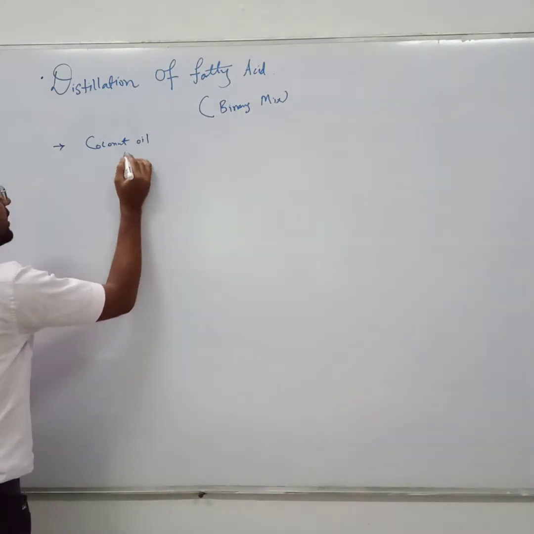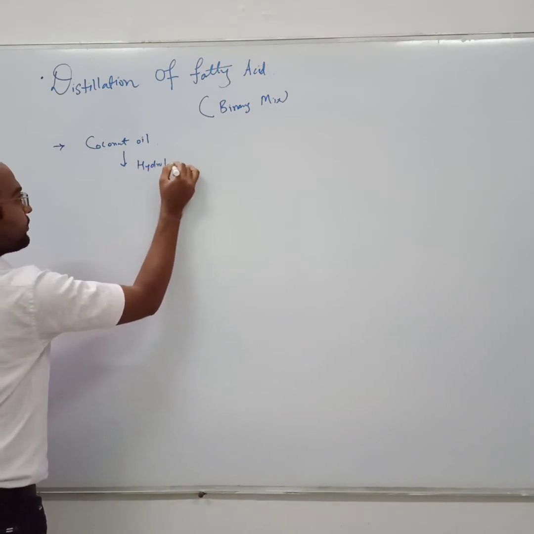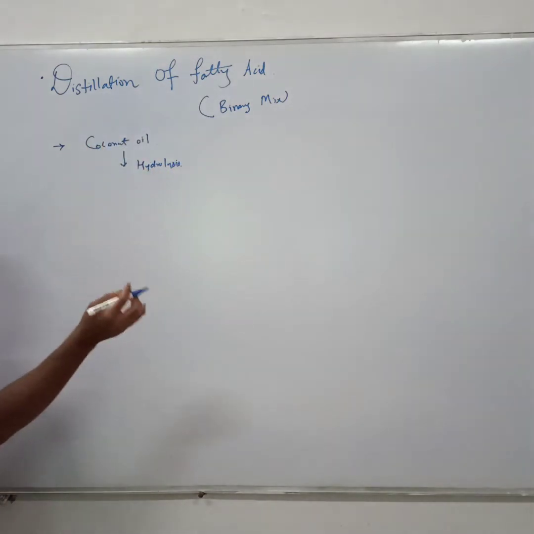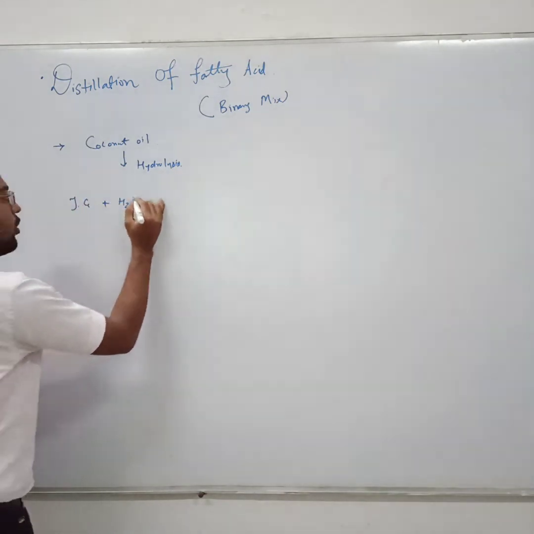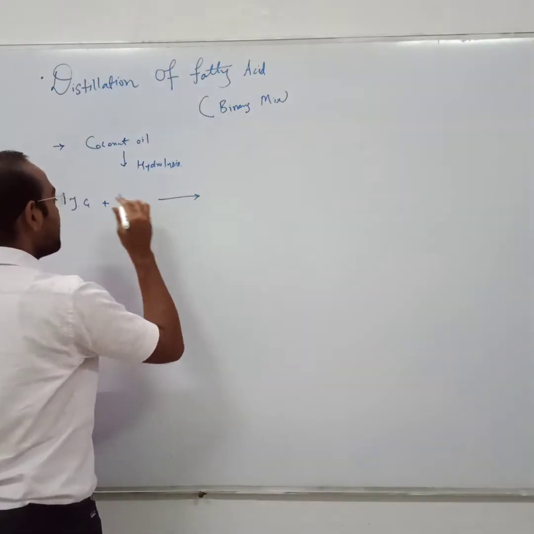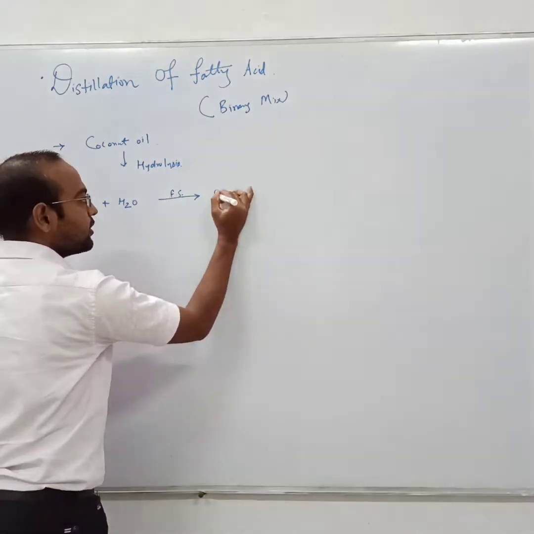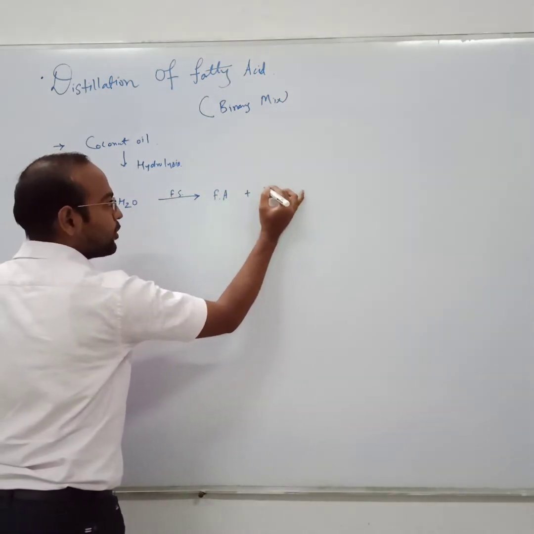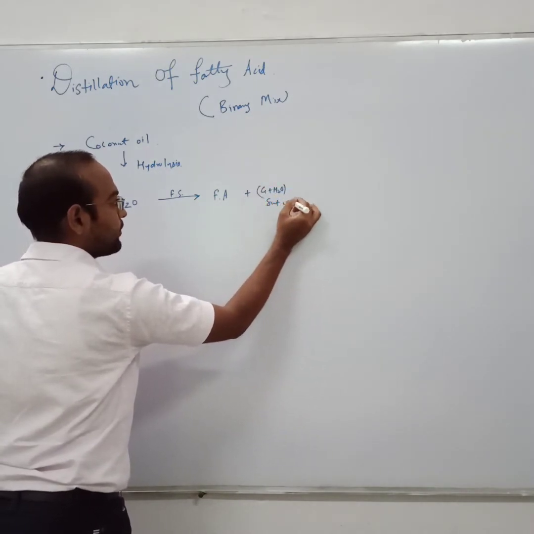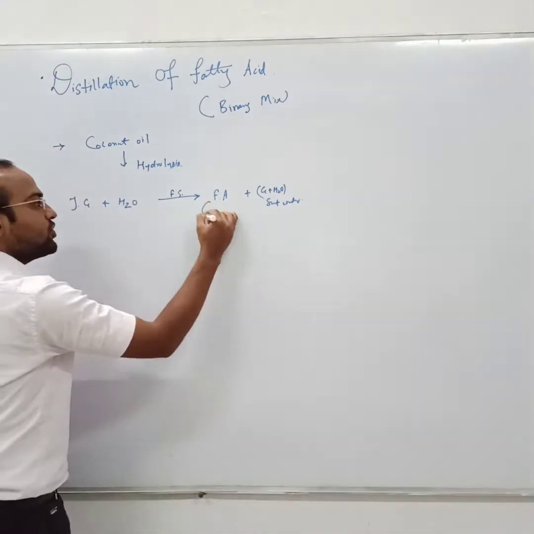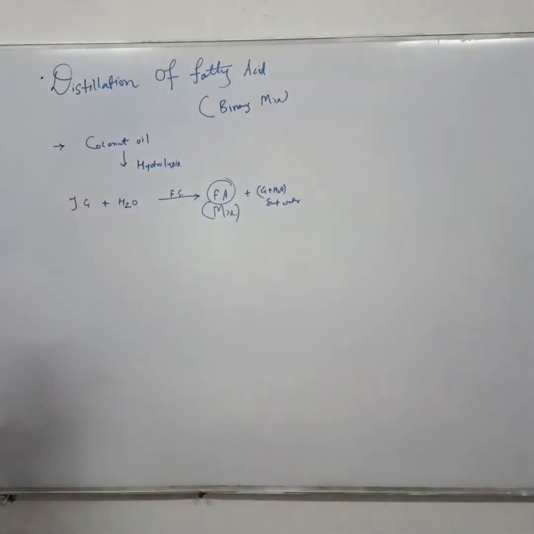Coconut oil is sent for fat splitting, or simply a hydrolysis reaction. For this we consider triglyceride plus water, since the hydrolysis or fat splitting reaction needs water. Fat splitting gives us a mixture of fatty acid plus the byproduct glycerol plus water, that is sweet water. So this is a mixture. This is a mixture of fatty acids we obtain by the fat splitting of coconut oil,